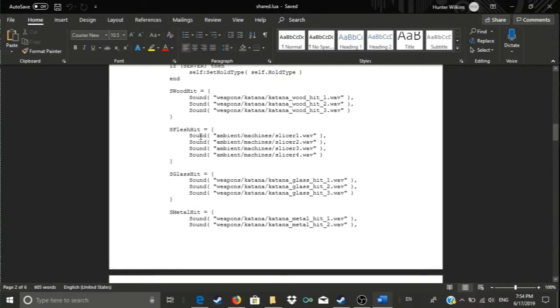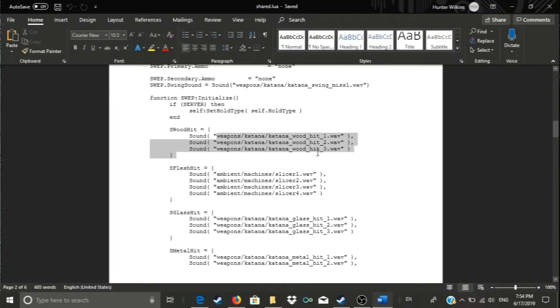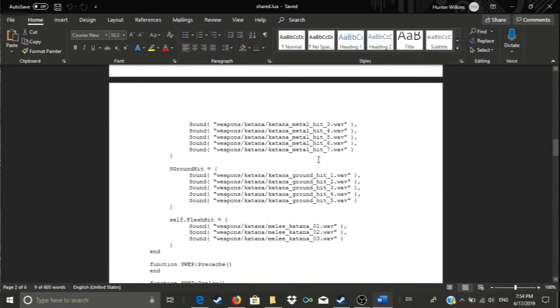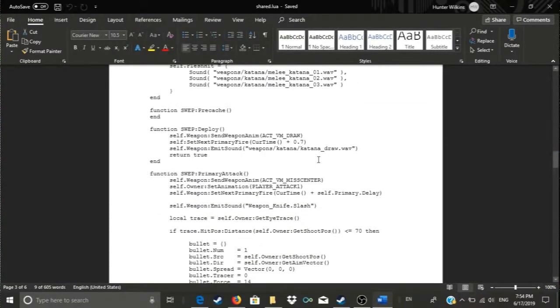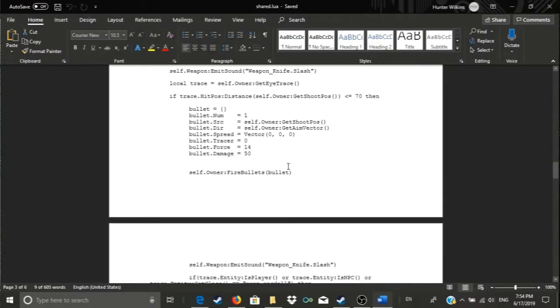And so see, these are where those sound resources come into play, it looks like. So yeah, so